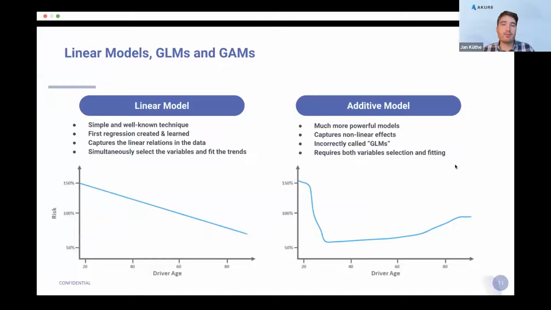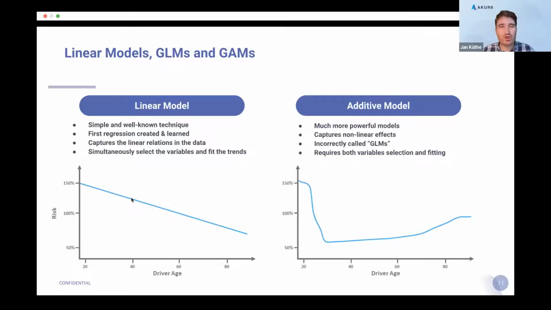Let's maybe compare this quickly to the theoretical background. Many of you might be familiar with a quite standard approach of linear models, linear regressions, where you have one dependent, one independent variable typically, and fit a linear trend among those. This is a very well known technique, and can be applied in many fields.